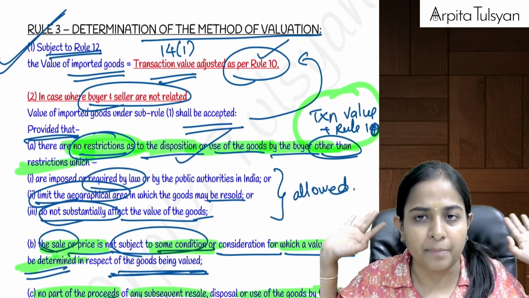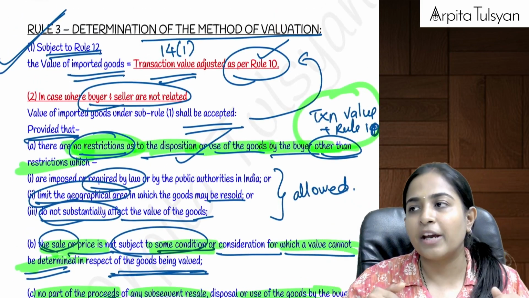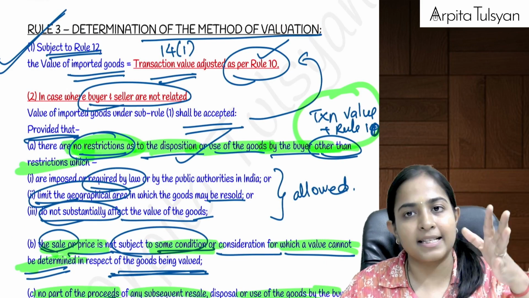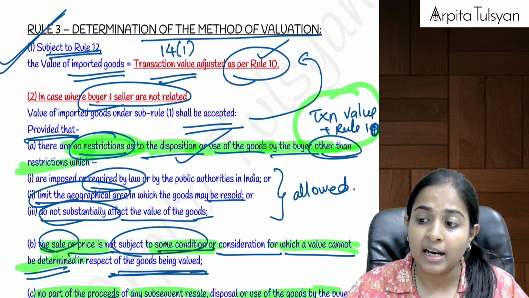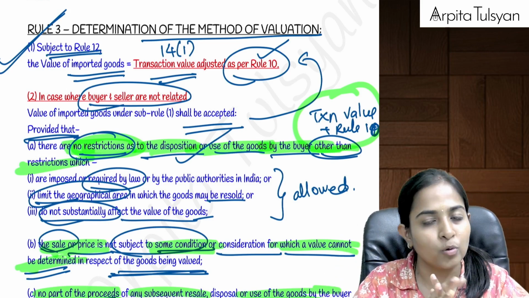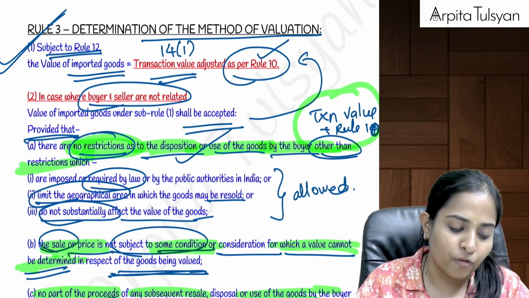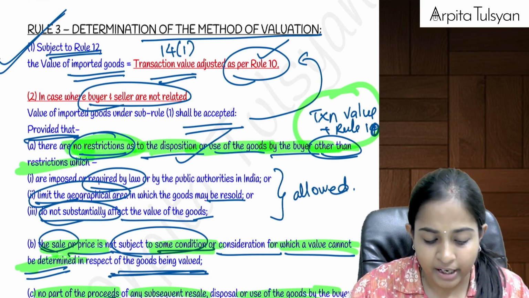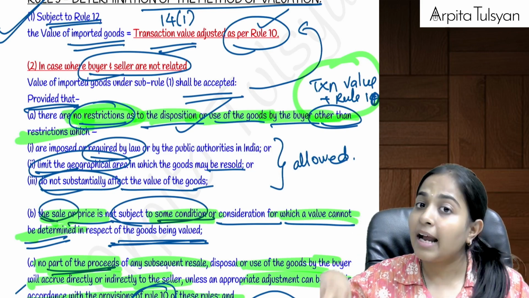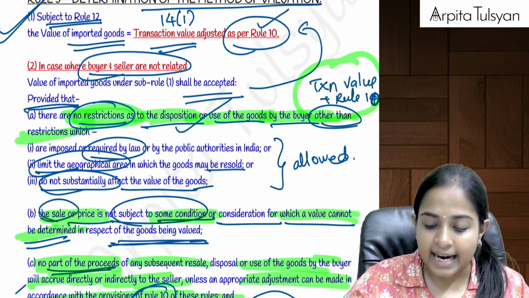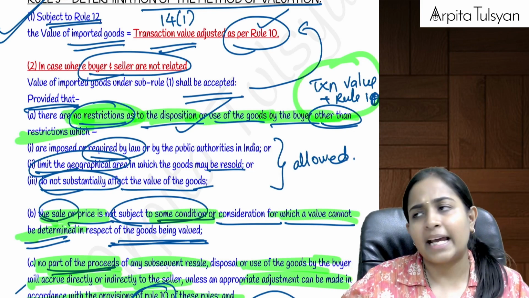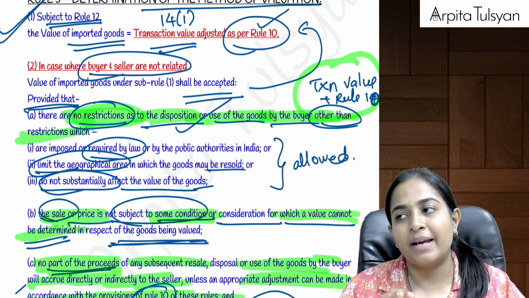Rule number 3 is very simple. Rule number 3 says that in case of imports, the value for customs is equal to the transaction value which you had taken in section number 14, plus some adjustments of rule number 10. This is one of the most important rules that we will do. So do the adjustments of rule number 10, and that will be the value of the imported goods. Wherever the buyer and seller are not related, then whatever transaction value you have declared plus adjustments of rule number 10 will be accepted as the value